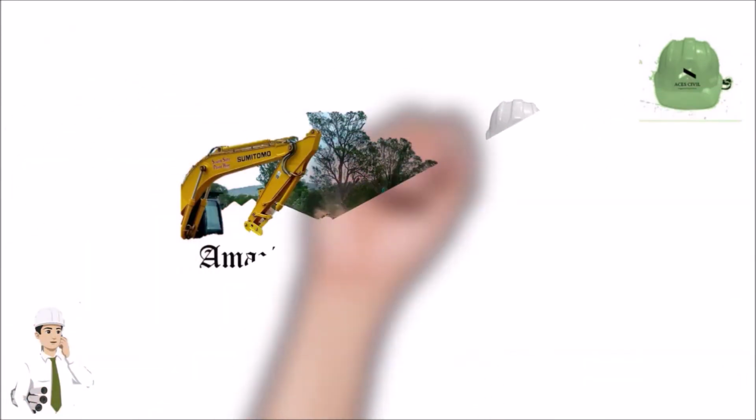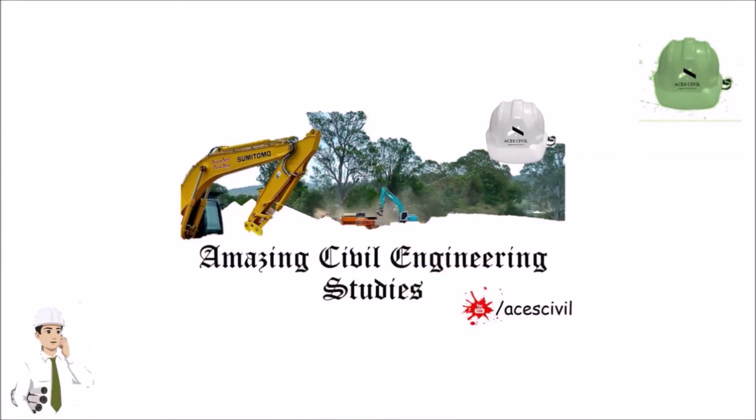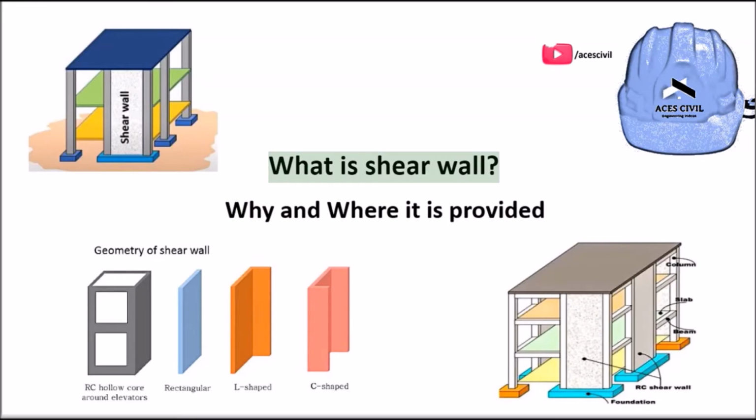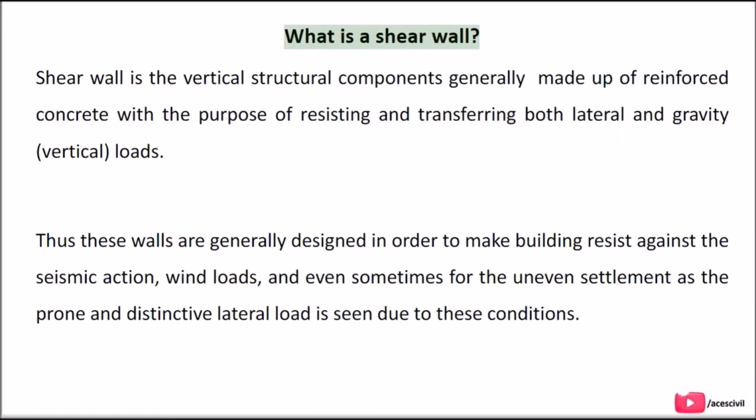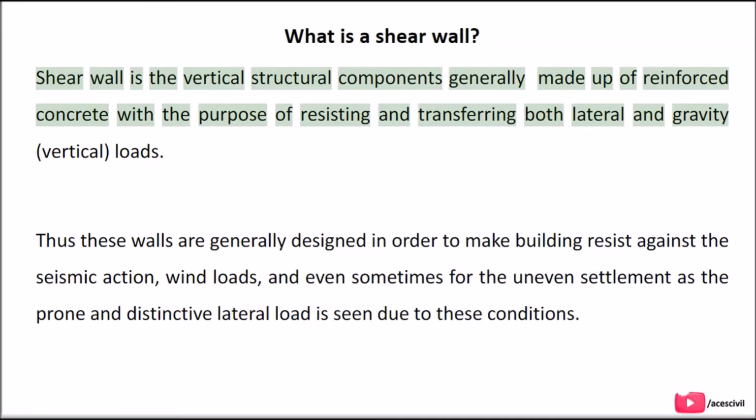In today's video we are going to discuss what is a shear wall. What is a shear wall? A shear wall is a vertical structural component, generally made of reinforced concrete, with the purpose of resisting and transferring both lateral and gravity